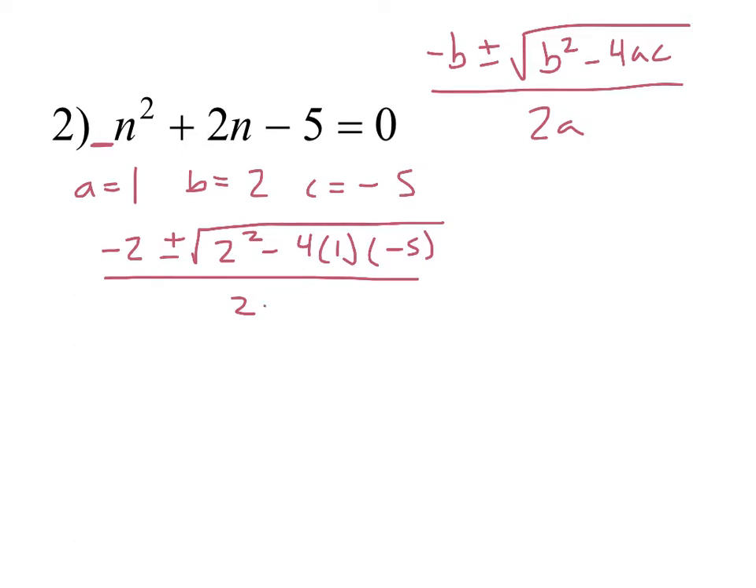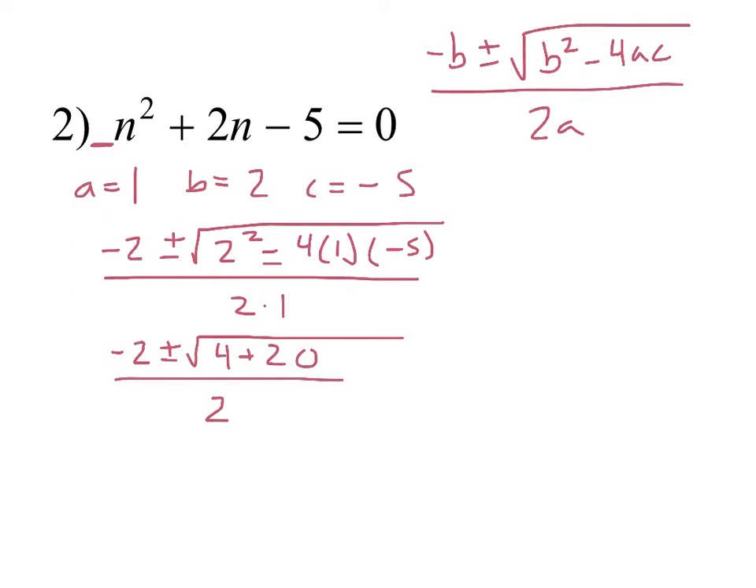You're right. So we have -2 plus or minus. How can we simplify inside the square root? 4. So we have 2 squared is 4. And then what else? That'd be a positive 20. So it becomes a positive 20 because we have 2 negative signs. So it becomes plus 20